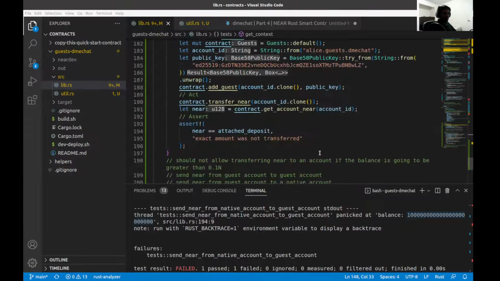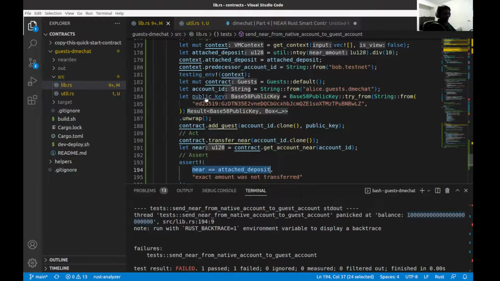So I think this is fine for us to store the deposit